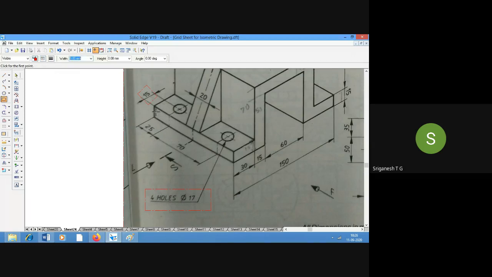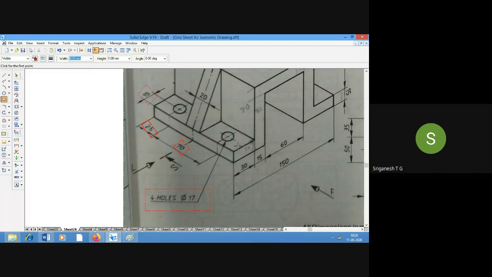From the horizontal surface, the hole is placed at a distance of 25 mm. The distance from the center of one hole to the center of the other hole is 70 mm.